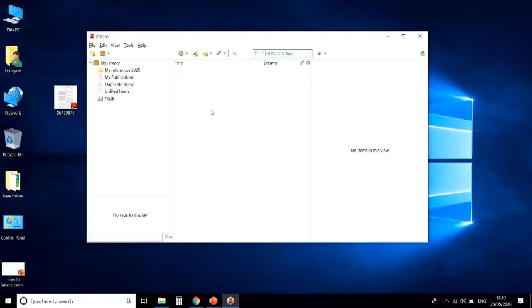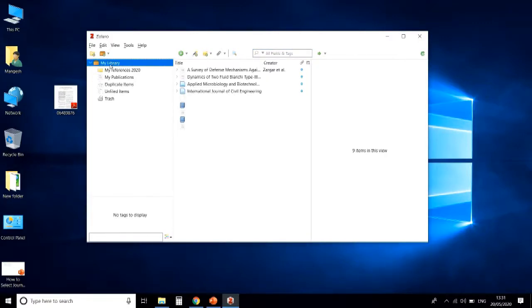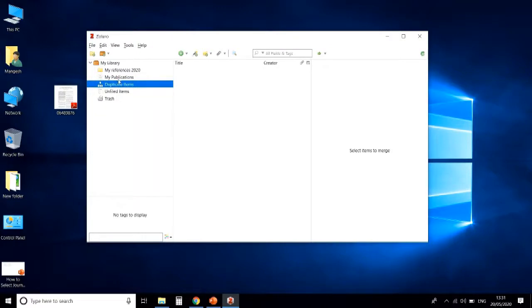Here you see my library with different folders for your research and documents. Here on the right side you can see relevant information of references that Zotero gathers about the document automatically.